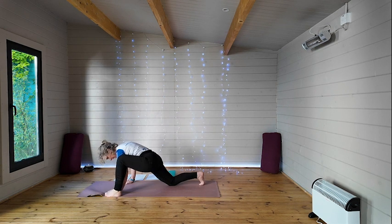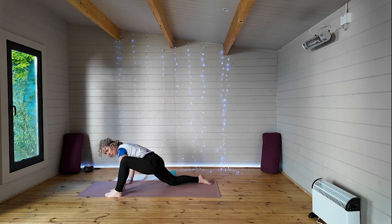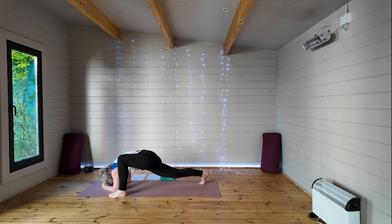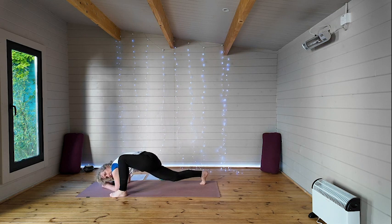Let's make our way into our lizard pose here. So that left foot is out to the edge of the mat. Both hands inside that left foot. And then making your way down onto your forearms and raising the right knee. So any version between being up here and being down here is fine. Working with your body, just feeling that nice stretch